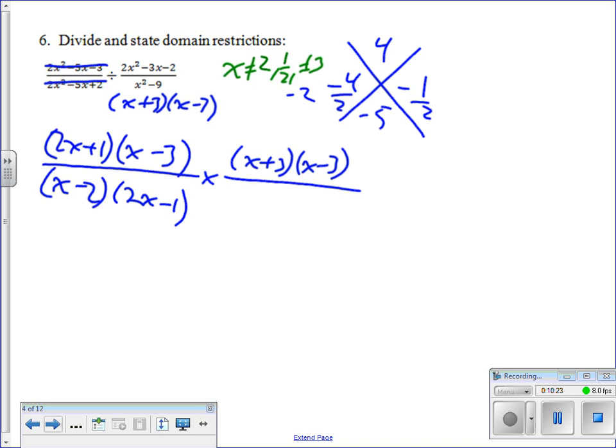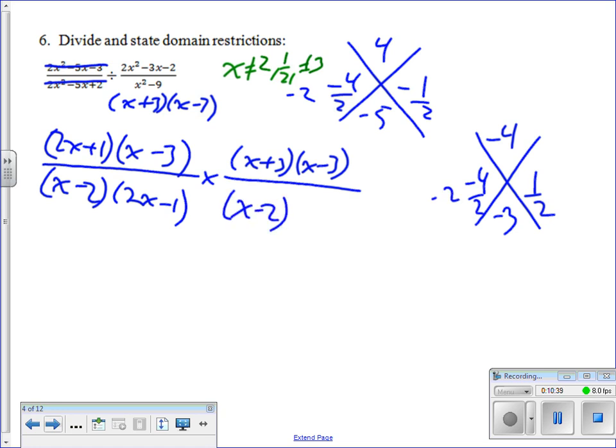Okay, I've got to factor that one out. -4, -3, -4, and +1. Divide both those by 2. So I get x minus 2, 2x plus 1. And then I do any canceling I can do. Ooh, 2x plus 1. There you go. Is there anything else I can cancel? No. So my answer is